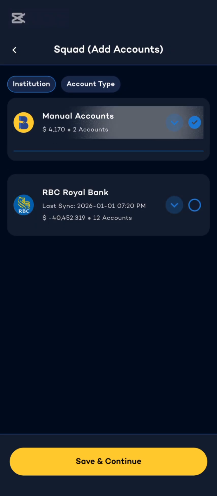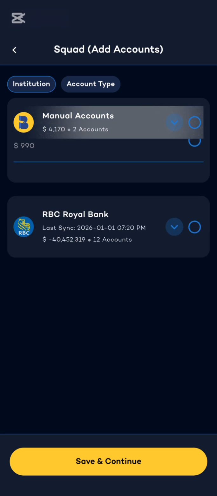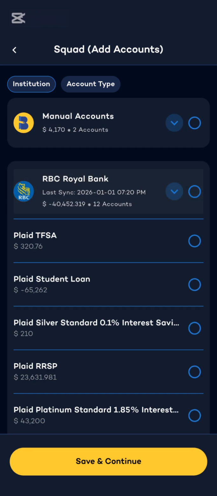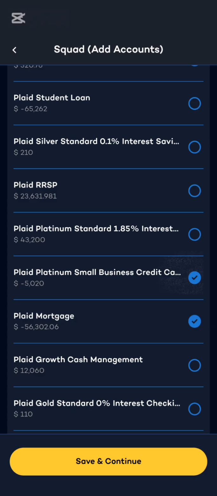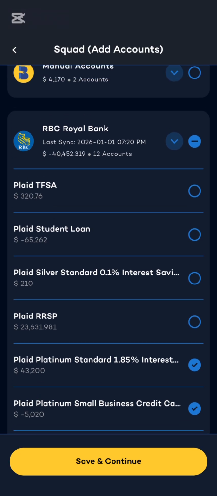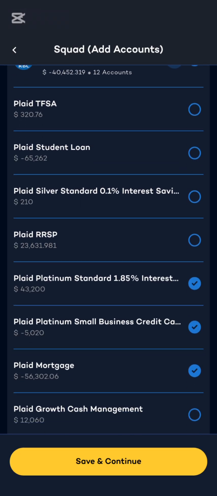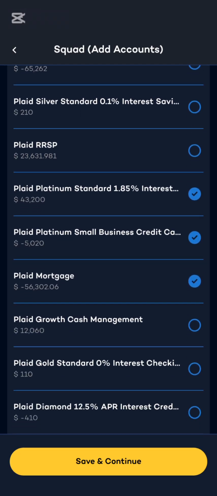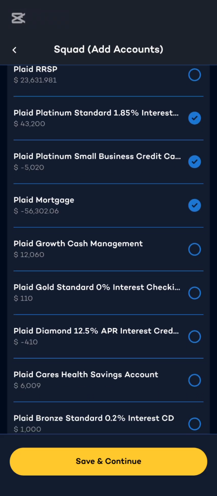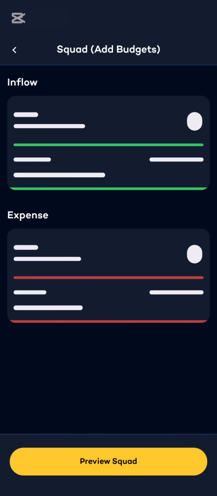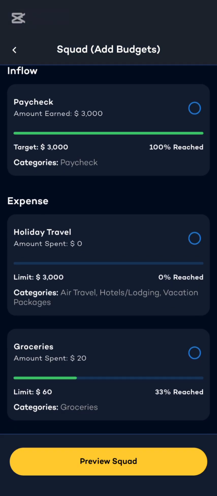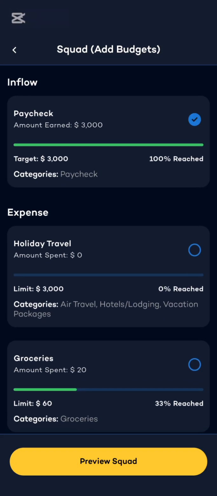If you click here, it means they can see all your Budgety accounts. But you can also decide to drop down and select specific accounts in your financial institutions. Let's say, for example, you don't want them to see all the many accounts you have under one institution. You can also select which specific accounts you want them to see. You click on save and continue, and then you can also do so for budgets. So if you have certain budgets that you want to share with them, you select that, and then you can